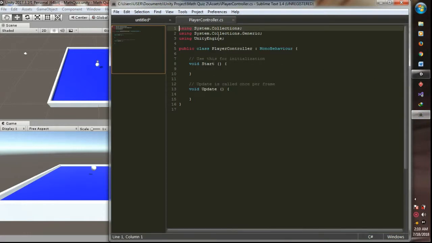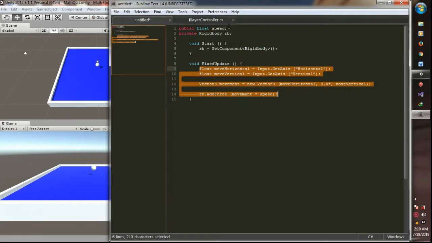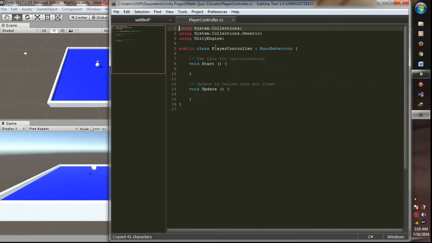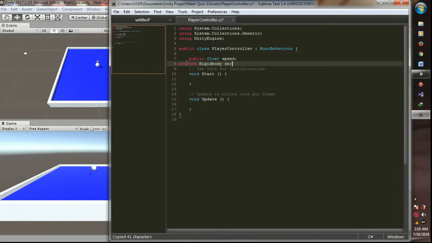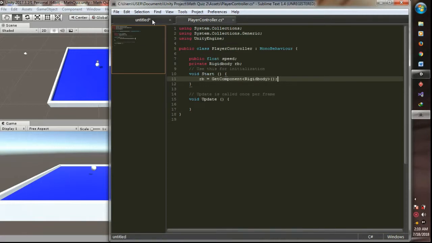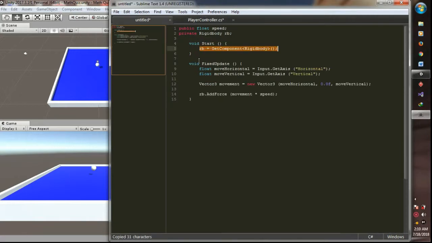I use Sublime for editing the code, and we just copy this code into the PlayerController. There are public and private types for variables, explained later. And in void Start, we add the rigidbody, RB, and add FixedUpdate.